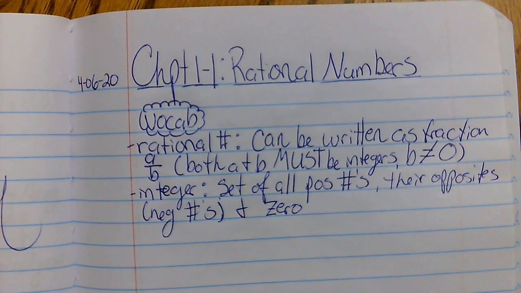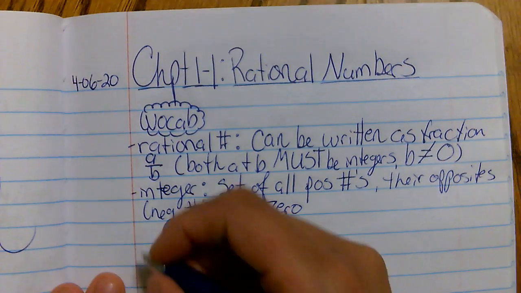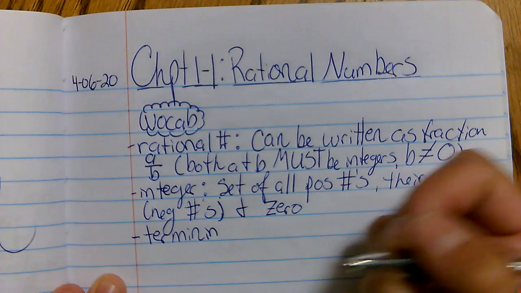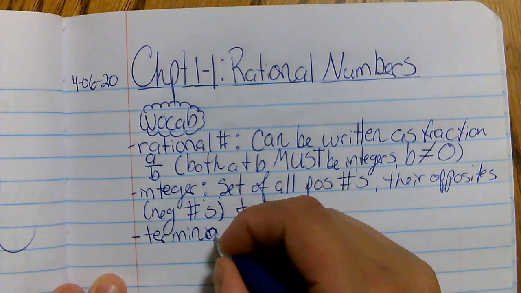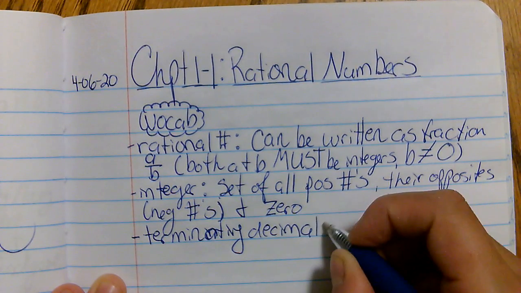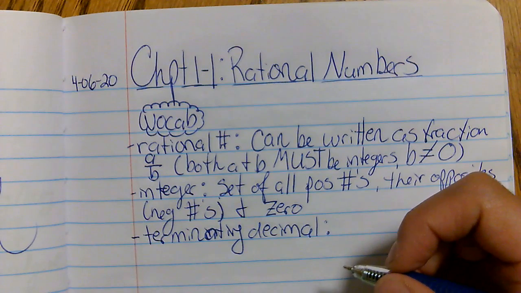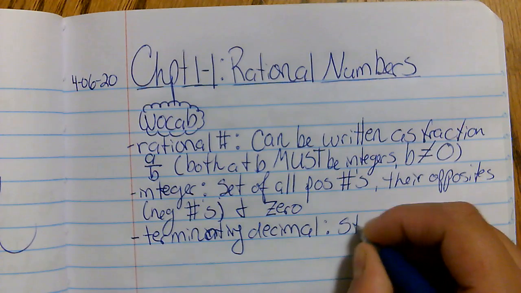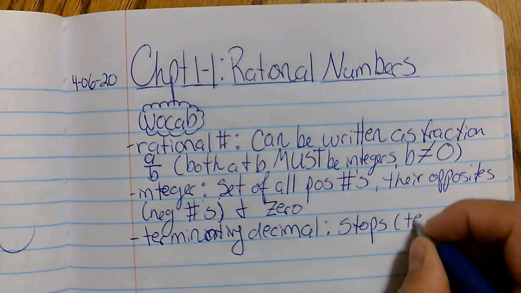Now, when you have a rational number that's set up like a fraction, if you're trying to turn it into a decimal, you can have it be a repeating decimal or a terminating decimal. So a terminating decimal is going to be one that stops at some point. It stops, or terminates,